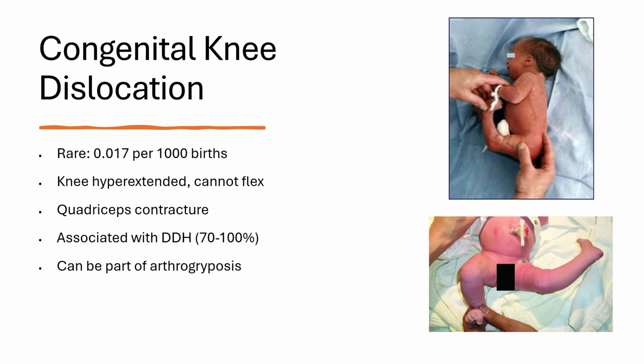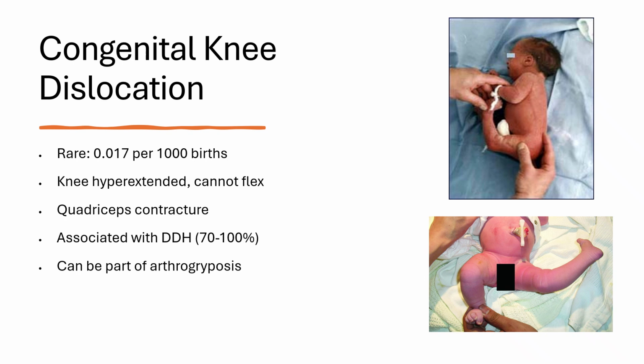Developmental dysplasia of the hip occurs in 70 to 100% of cases, making hip screening absolutely essential. The condition can also present as part of arthrogryposis, where multiple joint contractures affect the entire body. Understanding these associations helps you recognize that congenital knee dislocation rarely occurs in isolation, requiring comprehensive evaluation of the entire